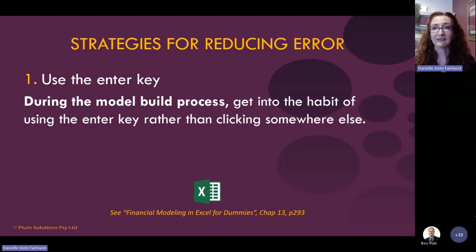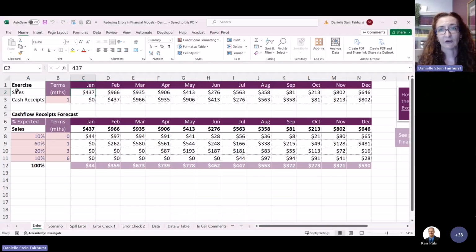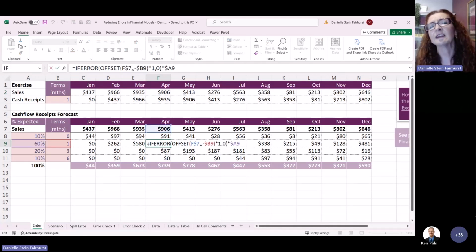That's something that's really important, so let me just demonstrate. Here I've got an example of a model, and we're modeling away, going into F2, and here's an example of a horrible formula to audit, the offset function, which I do find useful in certain situations, but it can be quite difficult to audit, and to stop the offset from going off the page you often have to put an IFERROR around it, which I know a lot of modelers say not to use.